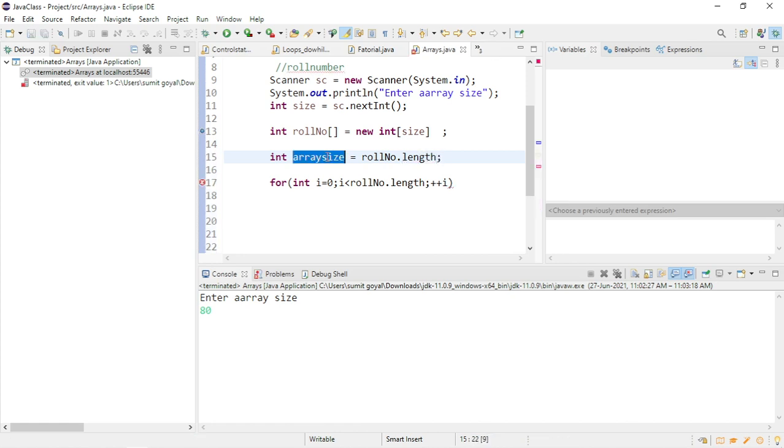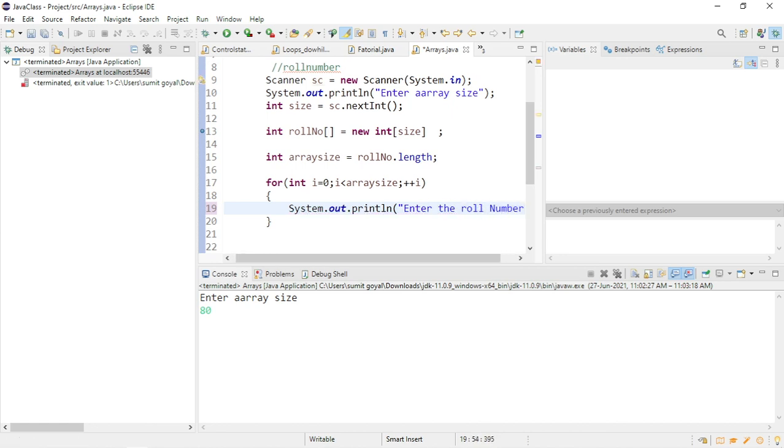Or you can take this variable and place it here. So after that, once the user enters the roll number, I will say System.out.println, enter the roll number,